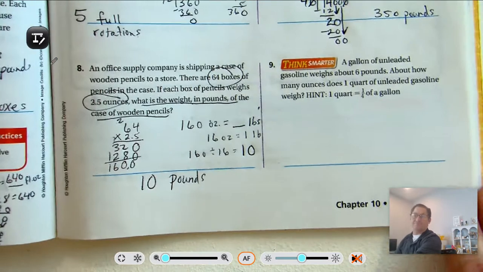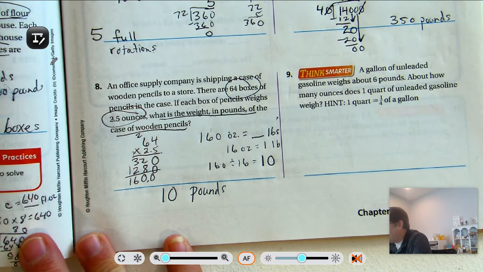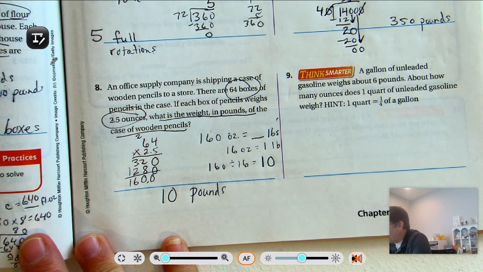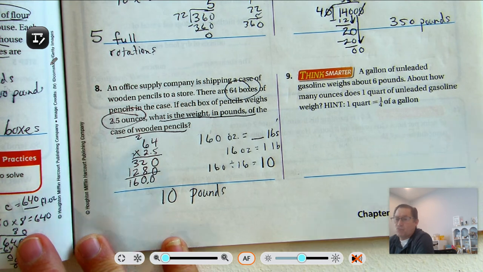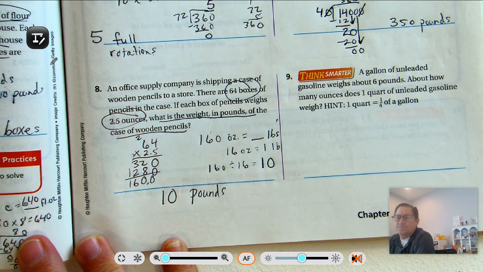Number 9. A gallon of unleaded gasoline weighs about 6 pounds. About how many ounces does 1 quart of unleaded gasoline weigh? Hint, 1 quart is 1/4 of a gallon. All right. So if a gallon is 4 quarts,